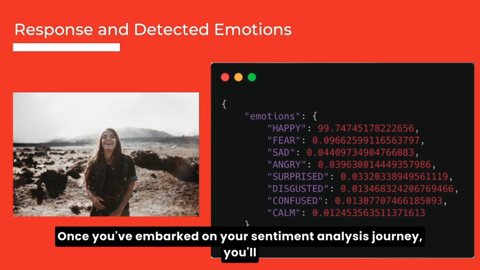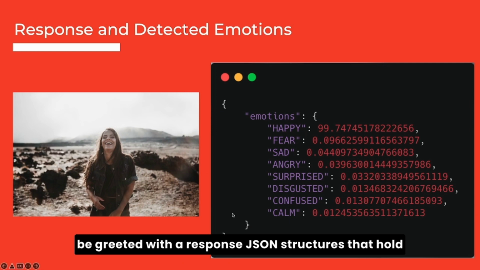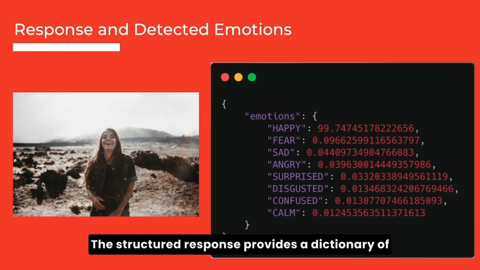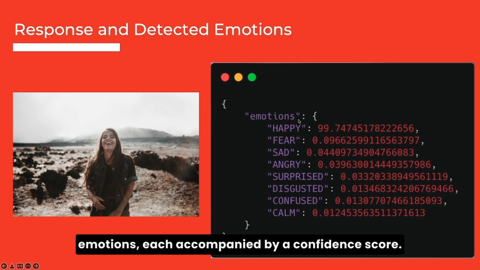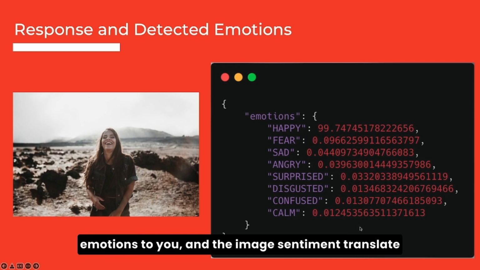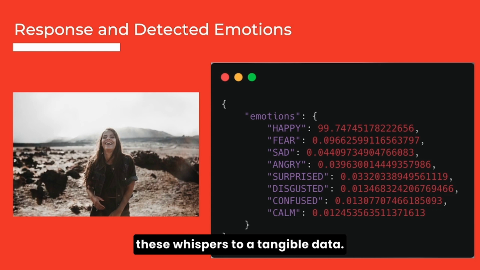Once you've embarked on your sentiment analysis journey, you'll be greeted with a response JSON structure that holds the key to that emotional world of your images. The structured response provides a dictionary of emotions, each accompanied by a confidence score. It's as if the image is whispering its emotions to you, and the image sentiment translates these whispers to